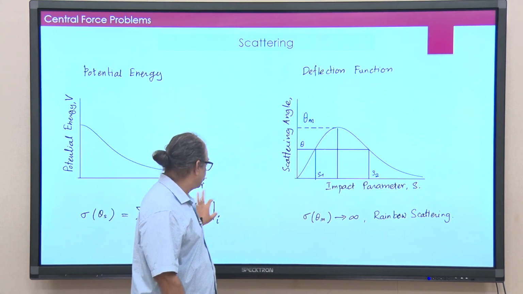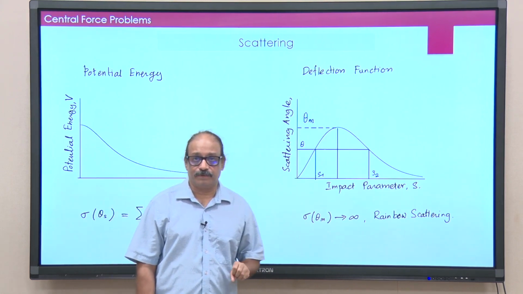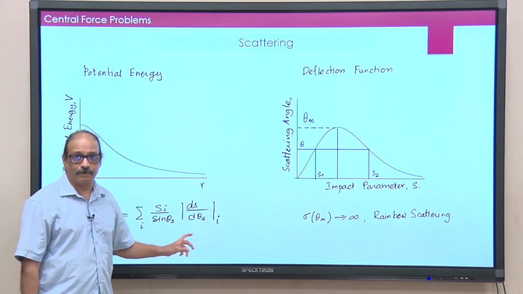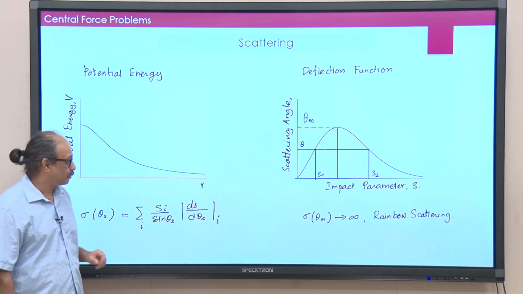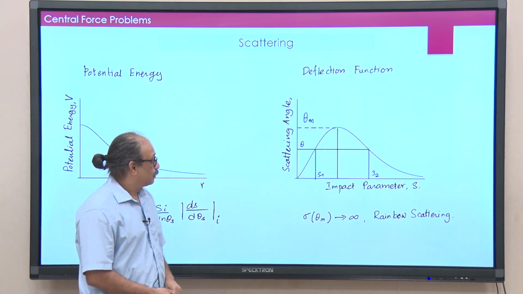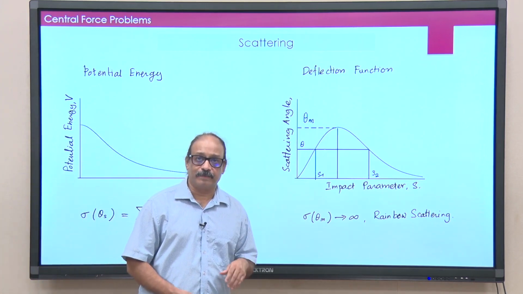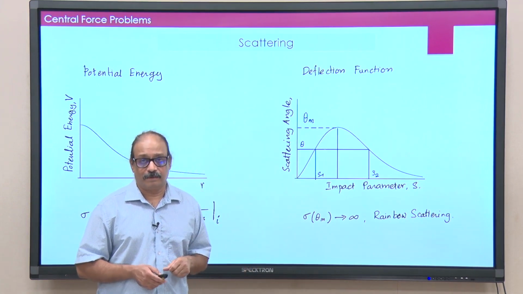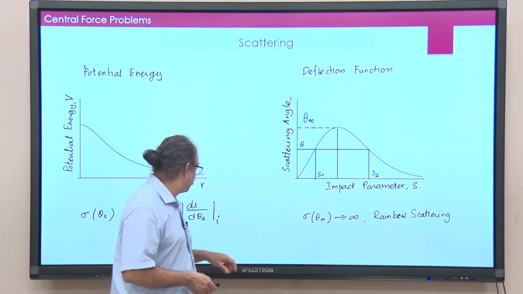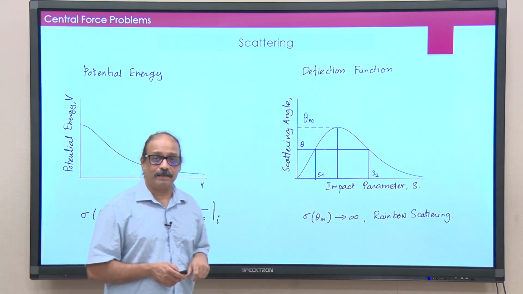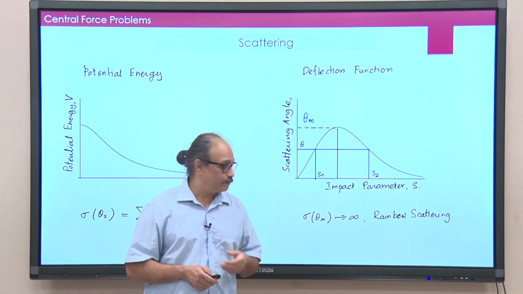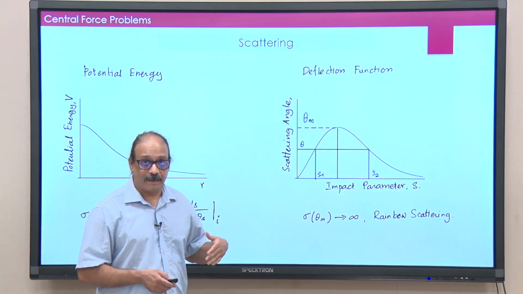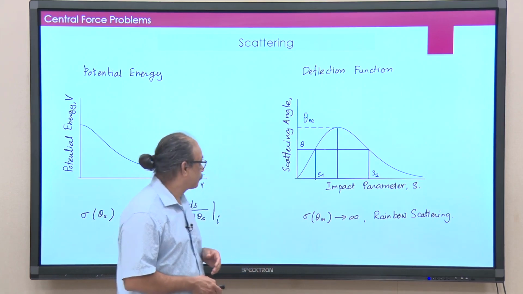So, there are various situations in which you may have to carefully investigate this formula to calculate total cross section there. Okay. Now, I will just talk about a few more examples of what kind of scattering can actually take place. We will not do the actual calculation and calculate scattering cross section there, but just describe the type of orbits or type of trajectories that we can get.